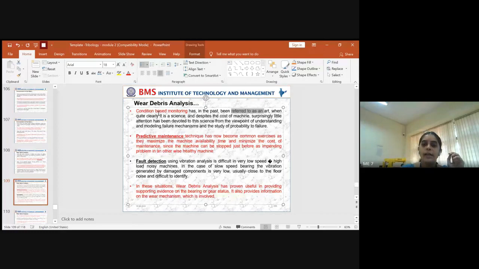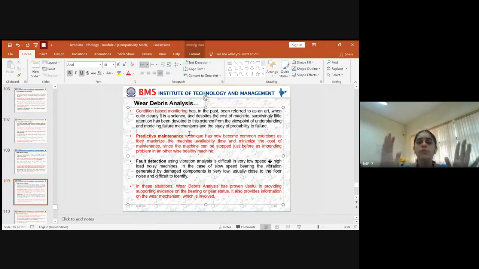A large amount of investment is not necessary, but surprisingly, it was seen that the amount of dedication given to condition monitoring was not totally proper. So this resulted in various failure mechanisms. To understand a proper condition-based monitoring, some researchers also modeled the failure mechanisms. So now it is not too difficult.